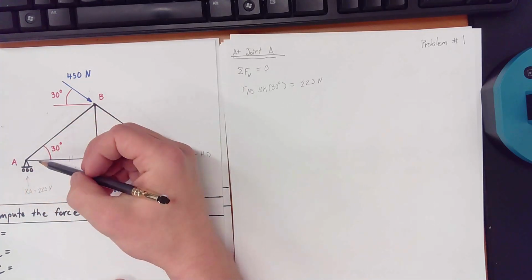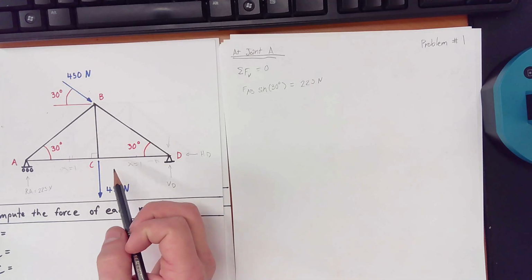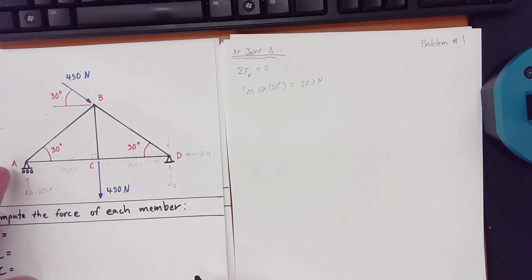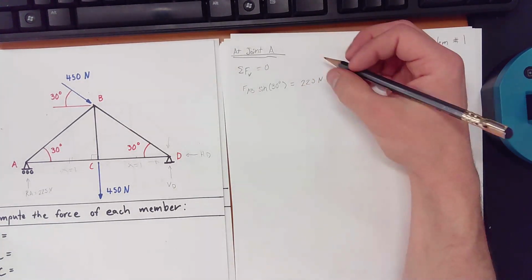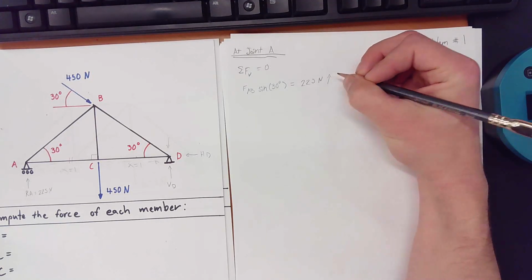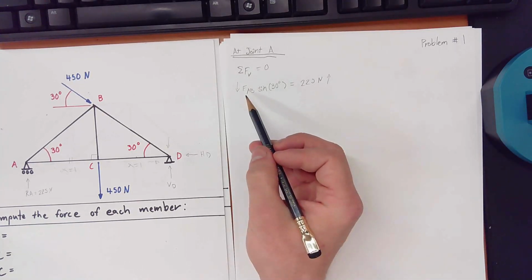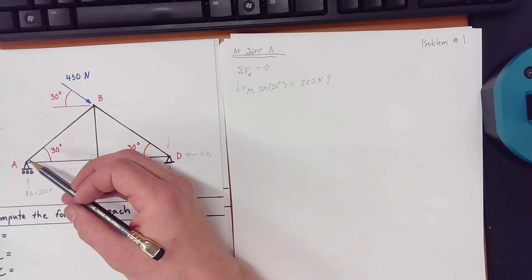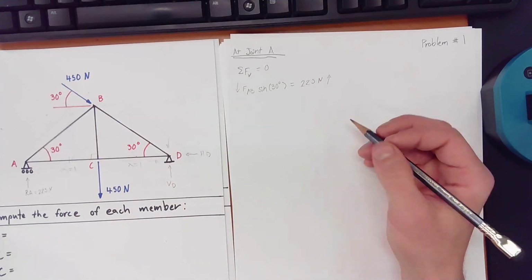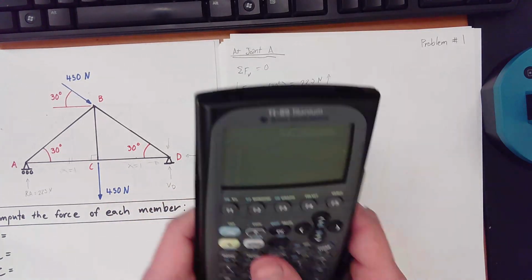Because all of the forces, whether it's the ones acting from B into A or anything in the vertical direction going down this way, must be equal and opposite to our 225 newtons. So this equal and opposite is the stuff acting up this way, and this must equal it acting down this way. So that is what we're doing to calculate AB. We need to figure out what is exactly the opposite on the vector of this angle. So that's why we use sine 30. So if we solve for this, type it into our little calculator,